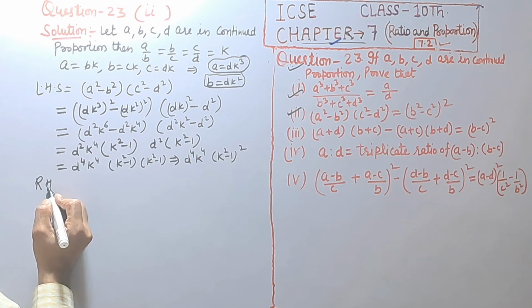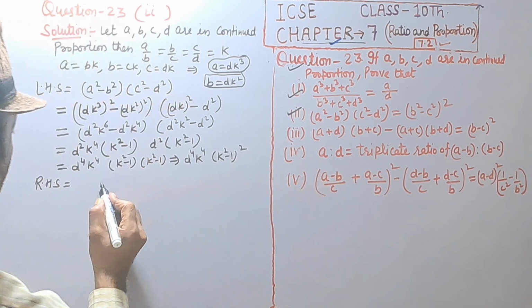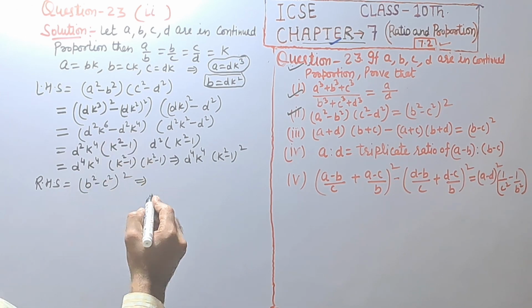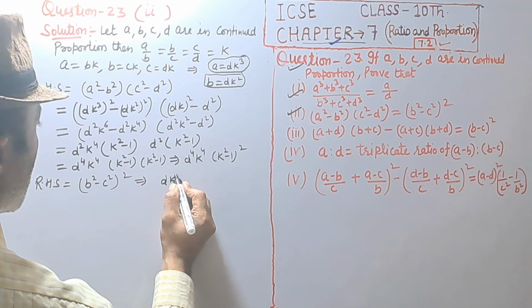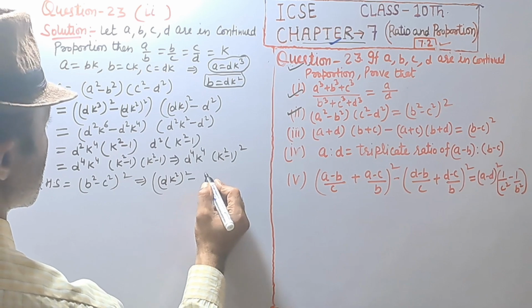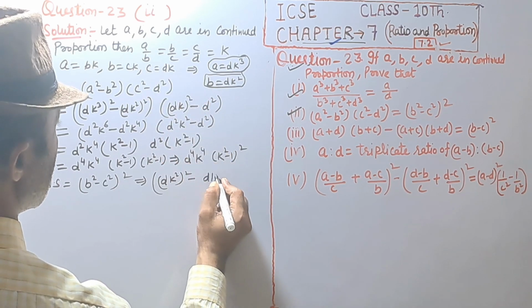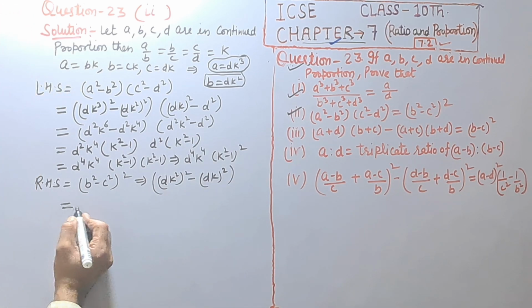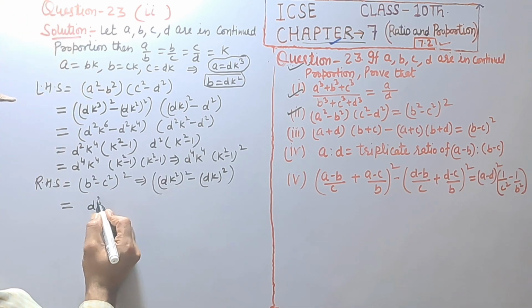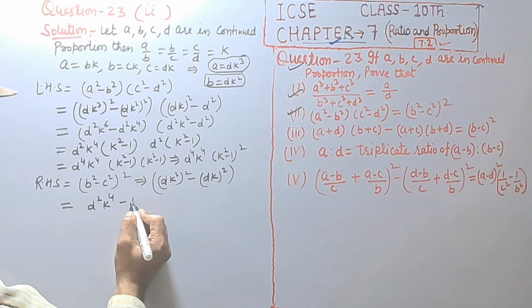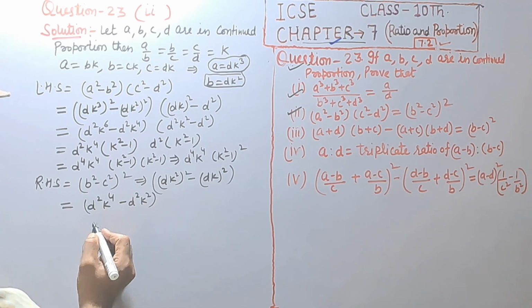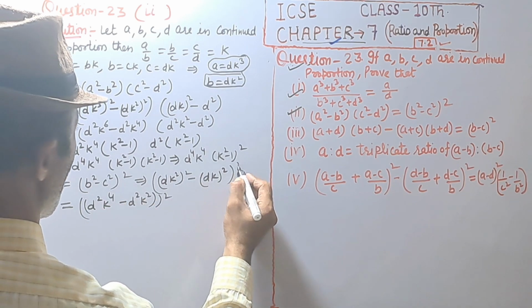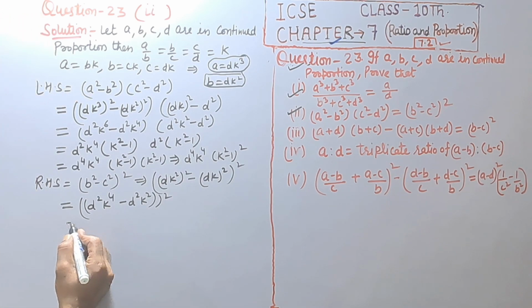Right hand side is equal to b square minus c square all raised to power 2, which implies b square, that is d k square all raised to power 2 minus c square, that is d k all raised to power 2, is equal to d raised to power 2 k raised to power 4 minus d raised to power 2 k raised to power 2, all raised to power 2, whole square, that is equal to